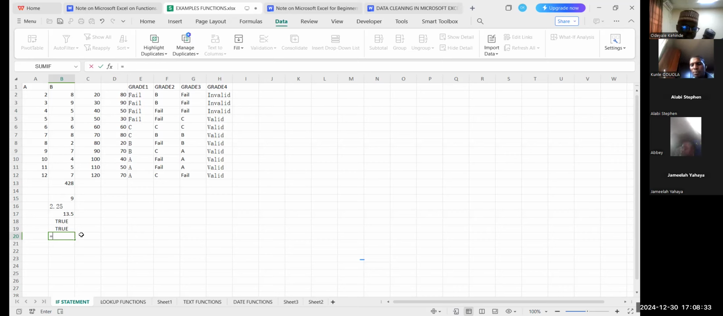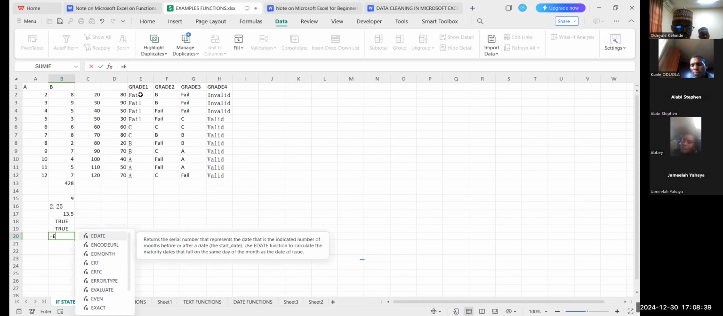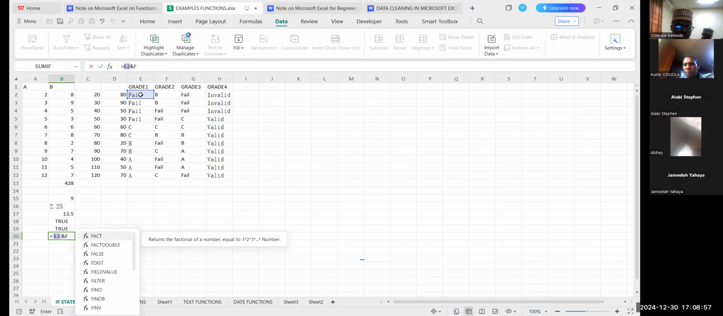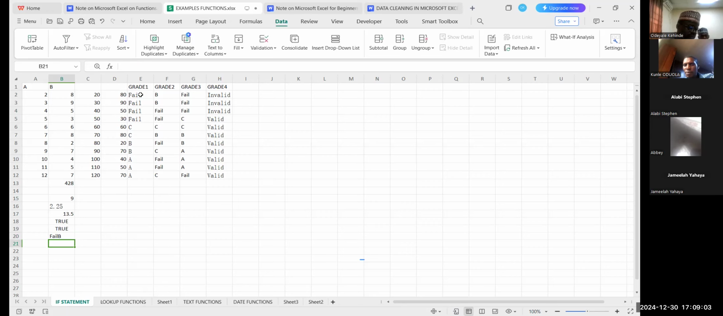So you can say E2, and to concatenate you use this ampersand, then F2. So can you see? It joins fail and B together. But if I want to have a space in between them, what you just need to do is to say equal sign,